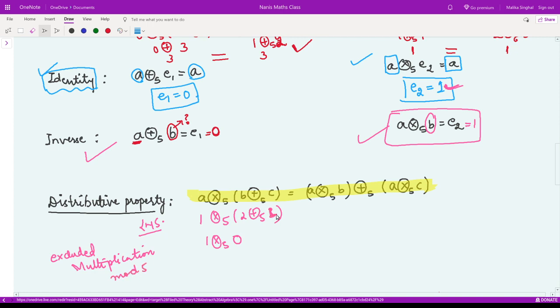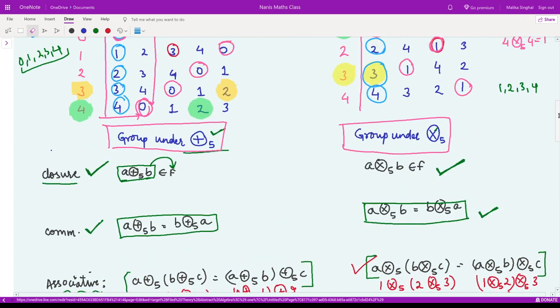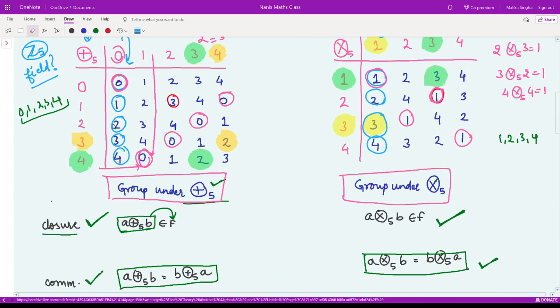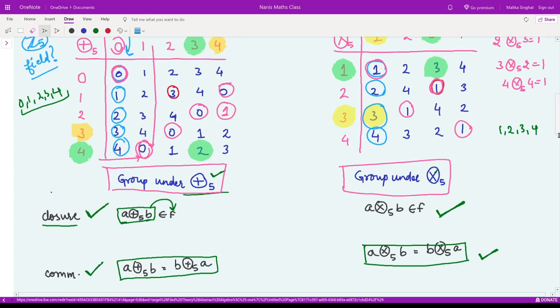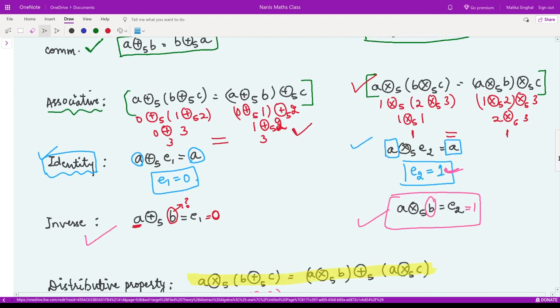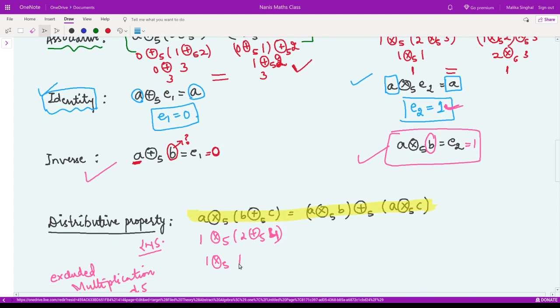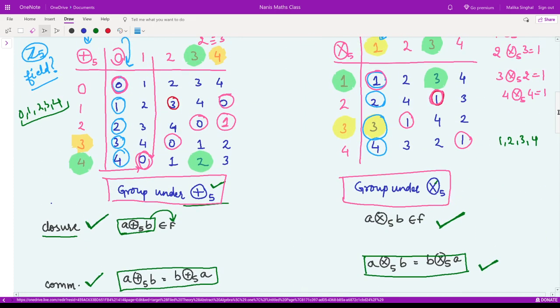So we can take any other number. Let me take 4 here, right? So let us see what we obtain then. So 2 addition mod 4, what is that? That is equal to 1, right? So that is equal to 1, this number. So let me write it here. And 1 multiplication mod 5 would be 1 again.